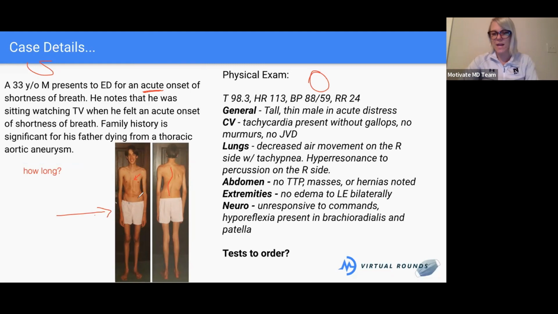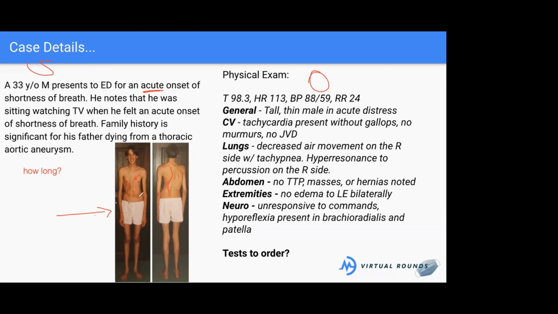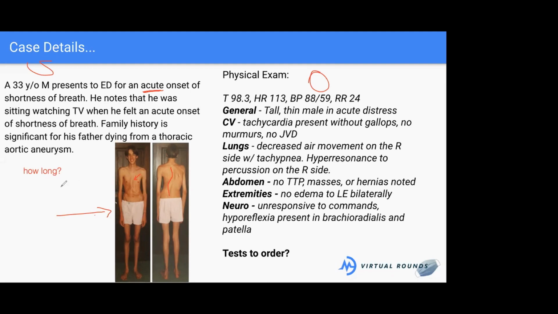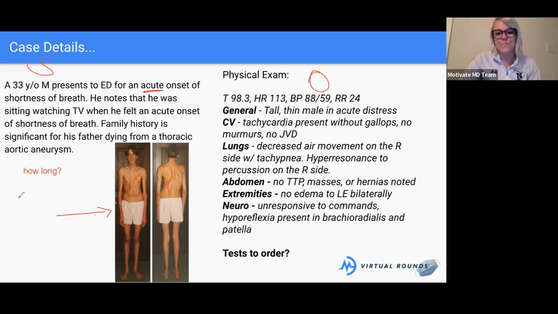Good questions. Anybody else have any other questions you want to ask this guy? I guess, has he ever been diagnosed with high blood pressure or high cholesterol? Yeah, that's good. Good questions in terms of the history. Excellent. Anybody else? Any surgeries? We'll say no surgeries, no recent infections, no change in diet. Good. You guys are asking all good questions.